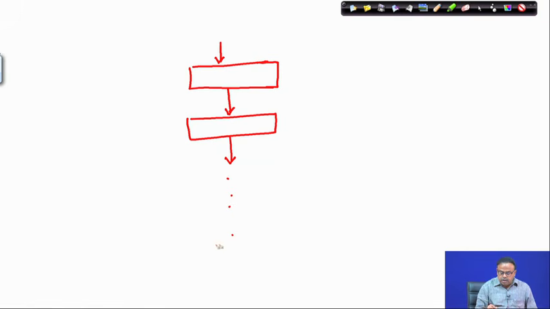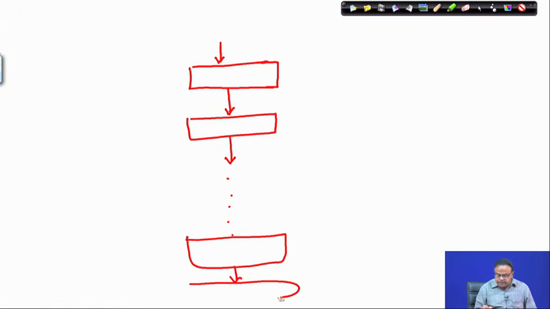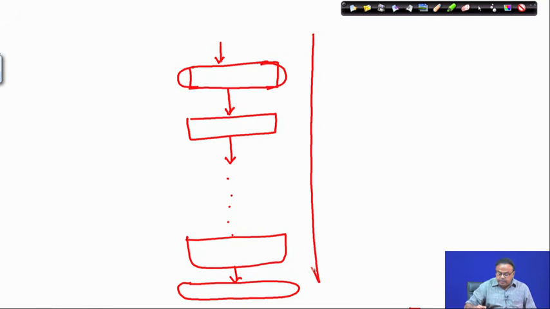For example, read number 1, read number 2, etc., add the numbers and divide to get the average. So, when we computed the average, it was something like this, and at the end we did some printf, and in the meanwhile there were some reading the numbers. Some of them were input, some were computations, right. But it was a complete sequential thing.